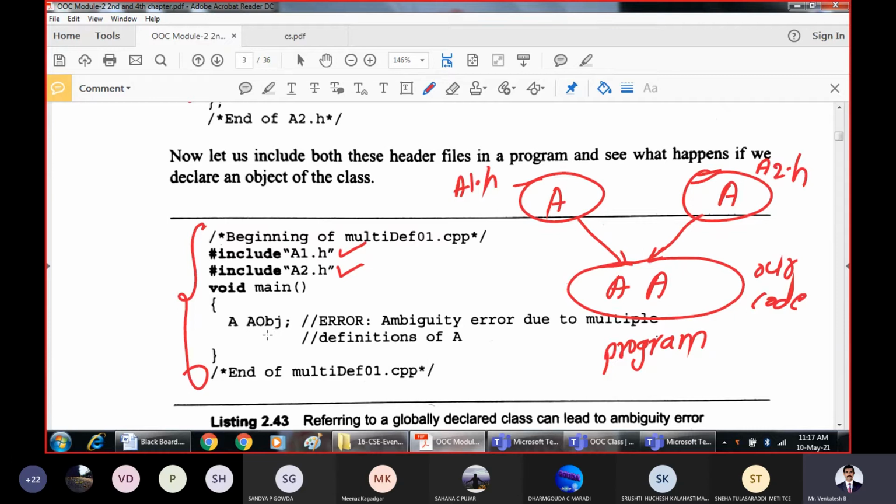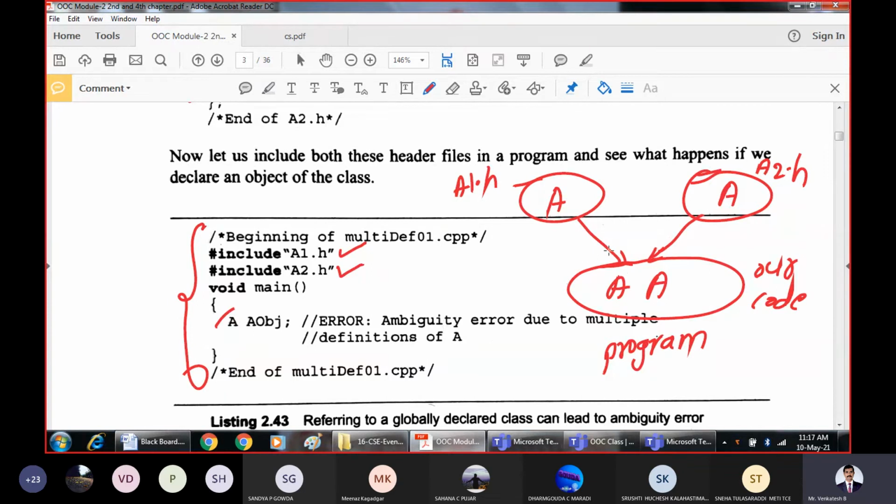In this scenario, if you try to declare the objects of class A, what is this? This is one class A, belonging to a1.h. This is another, belonging to a2.h. But when you declare the object, there will be an ambiguity due to multiple definitions of A. The compiler will not understand which class it has to consider, because there are two classes with the same name.